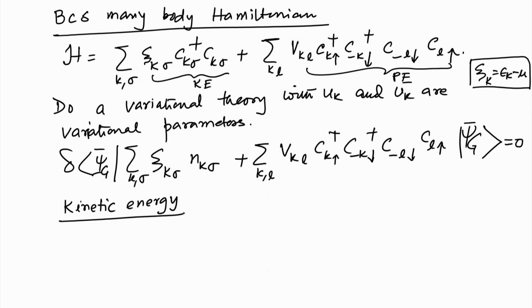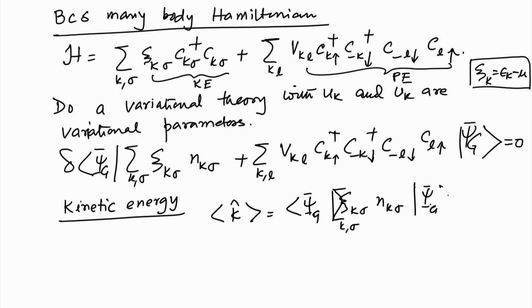Let us call this the kinetic energy operator, which is <psi_g| sum over k, sigma of xi_k sigma n_k sigma |psi_g>. This you should work out; we almost got this when we did the average number. This comes out to be 2 sum over k of v_k square xi_k. And similarly, for the potential energy,